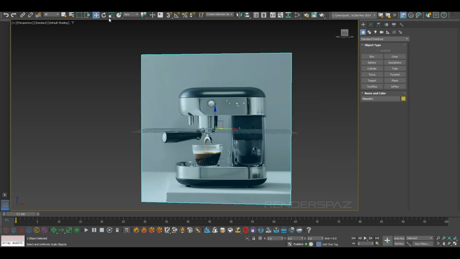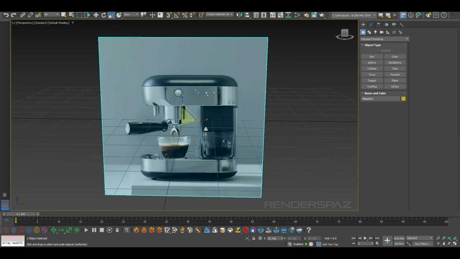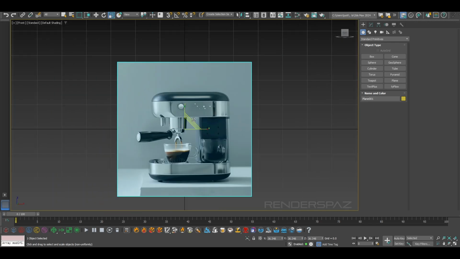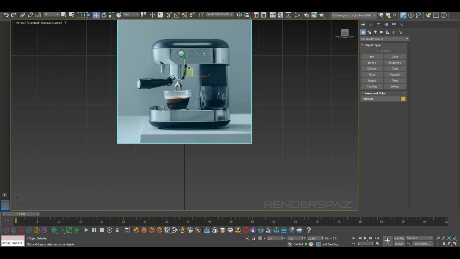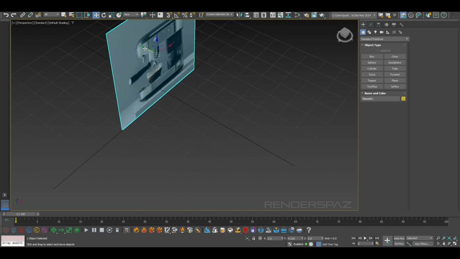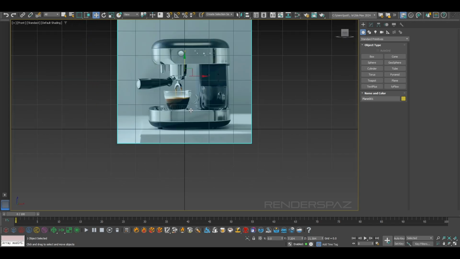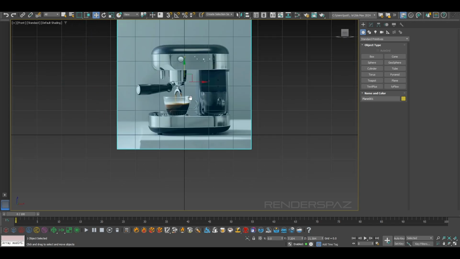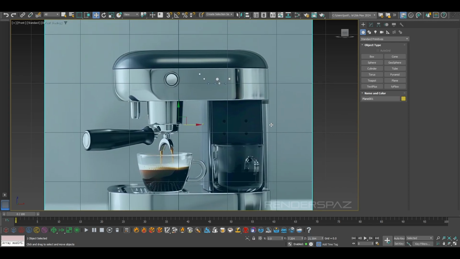So let's get started. What we're going to do is take this reference image and scale it down just a bit, so it's not too big right now. We're not going to worry about real world scale at the moment. We're just going to try to get this in position so that we can start working with our main elements of the object. So once we have this in place, just so that nothing slides around,